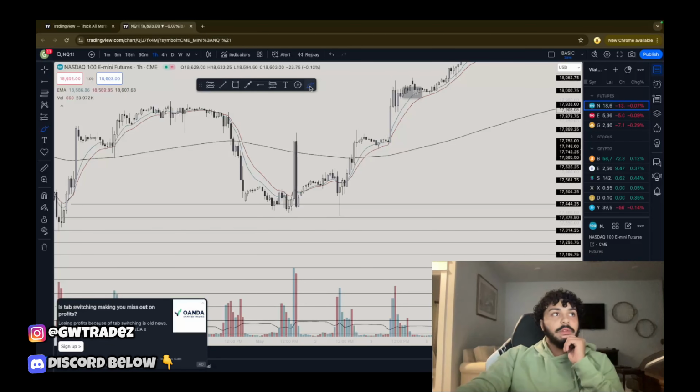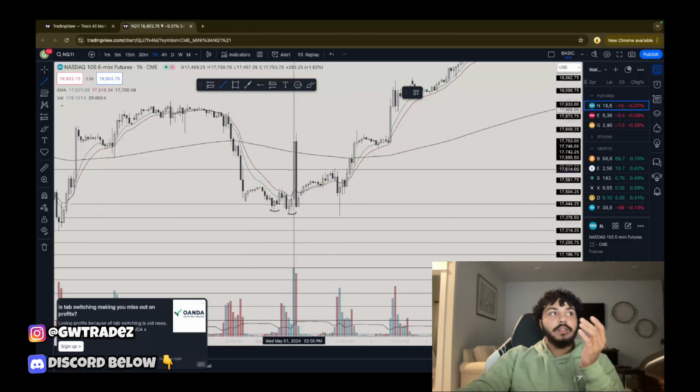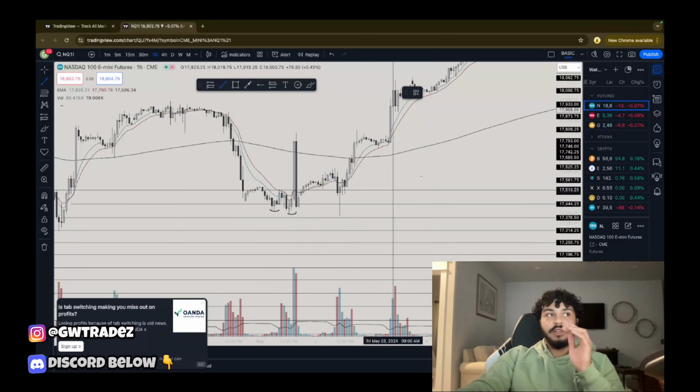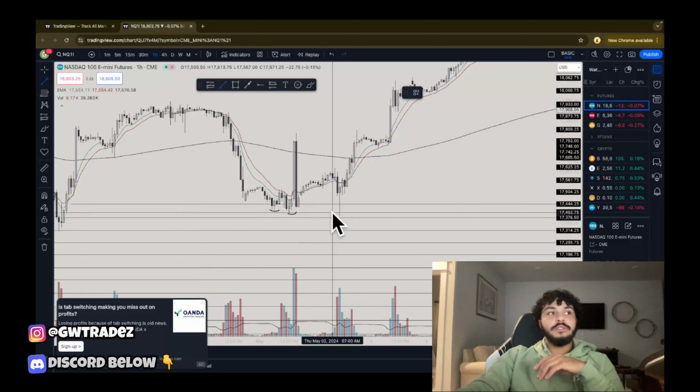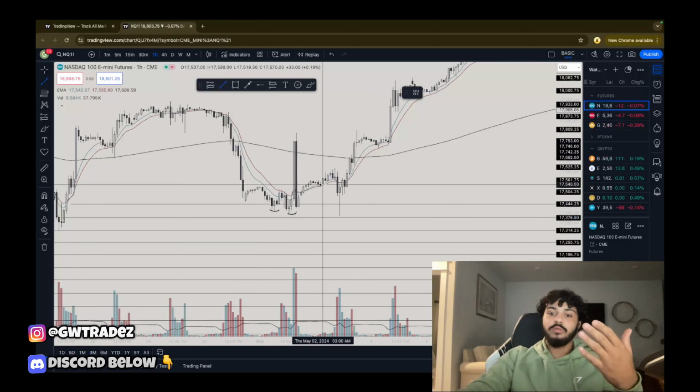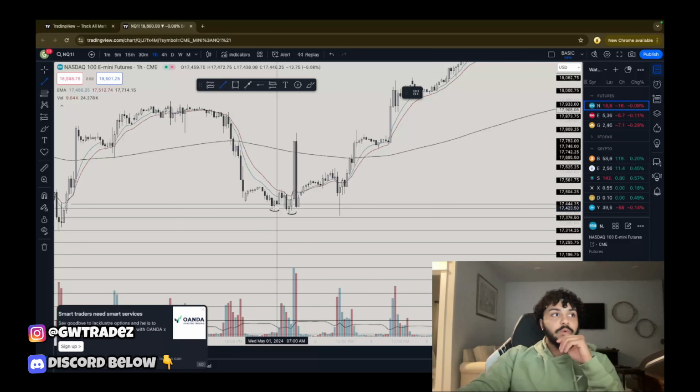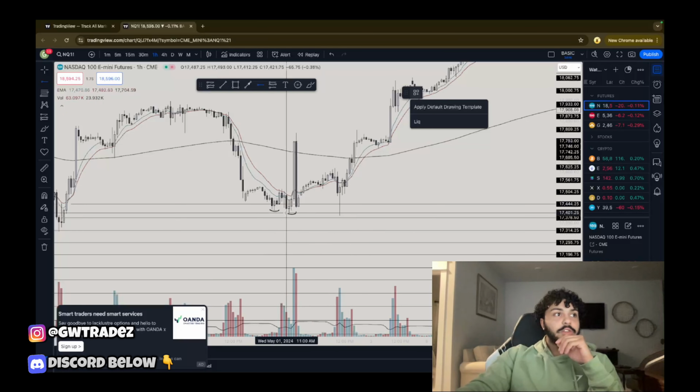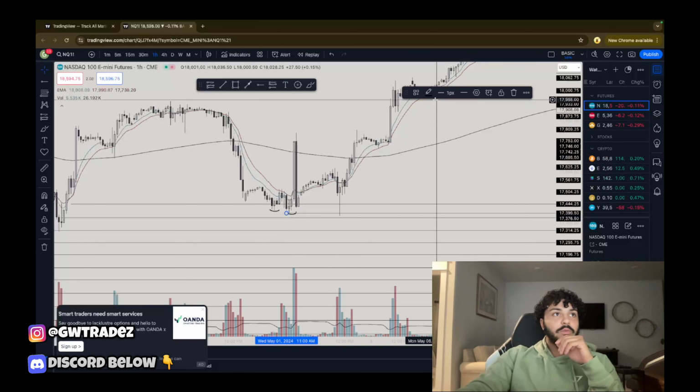I'll actually grab my little tool. We got these lows, and again, we don't know where we want to go with price. Price is just moving up and down, up and down. This is not good to trade in. We need to see a low or a high be swept first before we can determine which way price wants to move. As we're printing these lows, we're watching the market, but right here we get this big spike down, and we took out this low,